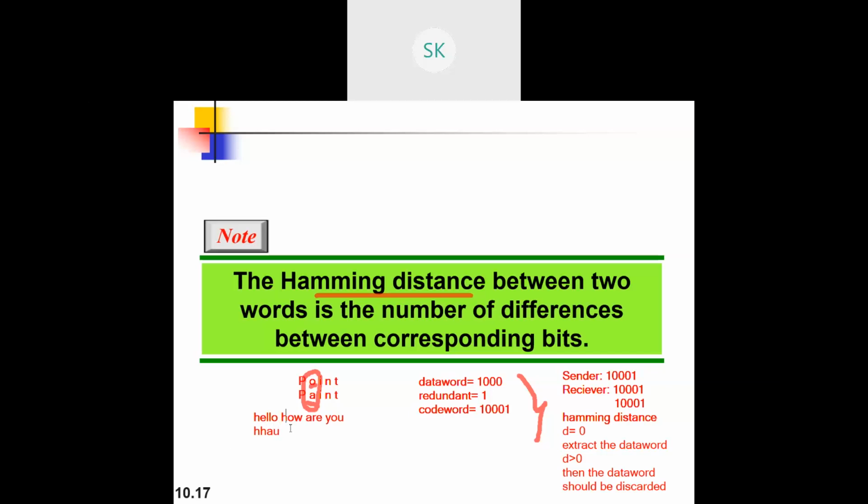Now, this is my code word. This should be understood by the end user also. So previous to sending this code word, I need to say that if I send the first character of each word, you need to assume that it is hello, how are you, or something like that. Somebody may misinterpret it as hi, how are you also.